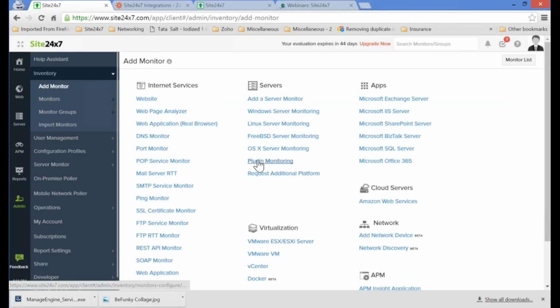So these are the monitors that we offer here. Not only do we offer multiple server-side application monitoring like Java, .NET, Ruby on Rails, and PHP, but we also offer round-trip monitoring, like mail server round-trip and FTP round-trip monitoring. You have monitoring like web application real browser to monitor the complete transactions,